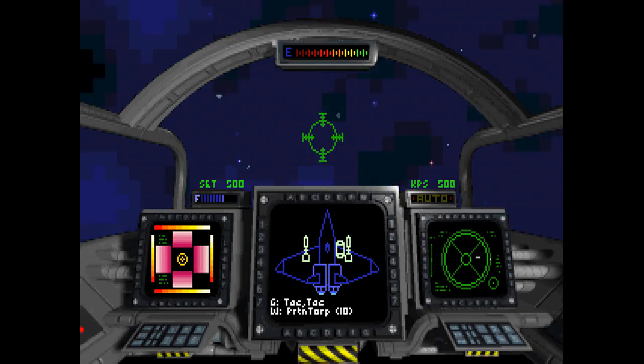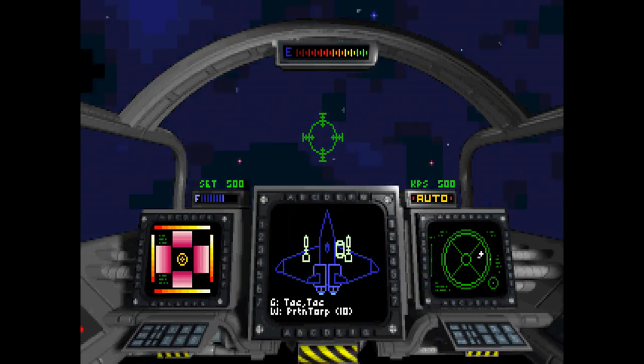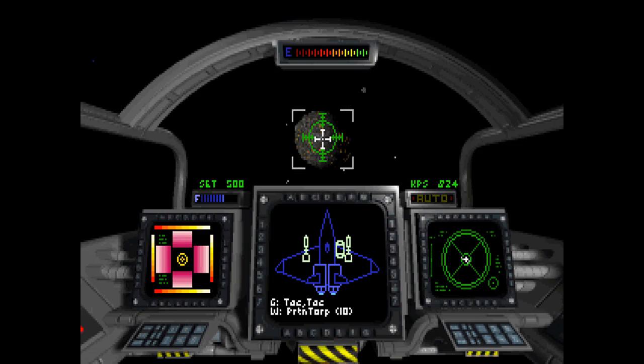Alright, arm our tachyon cannons just in case. Okay, so now we're in New Detroit. So we can land on New Detroit. Autopilot there. And here we are approaching the...